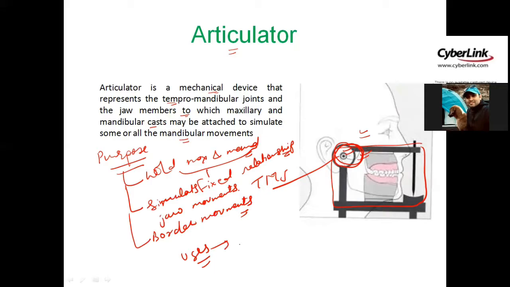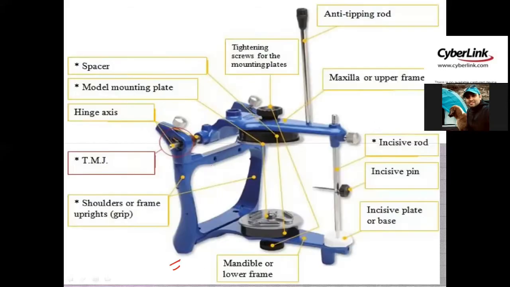So everybody knows, I think all the dental students are very well known to articulator. It is used to diagnose the state of occlusion in both natural and artificial dentition, right? It aids in fabrication of restoration and prosthodontic replacement, right? To correct and modify complete restorations and to arrange artificial teeth.